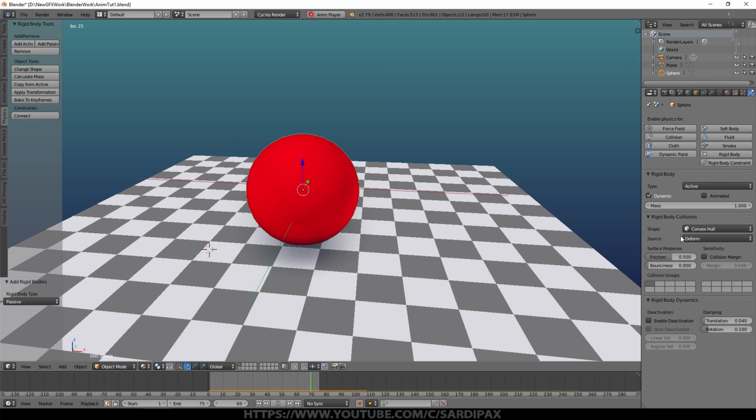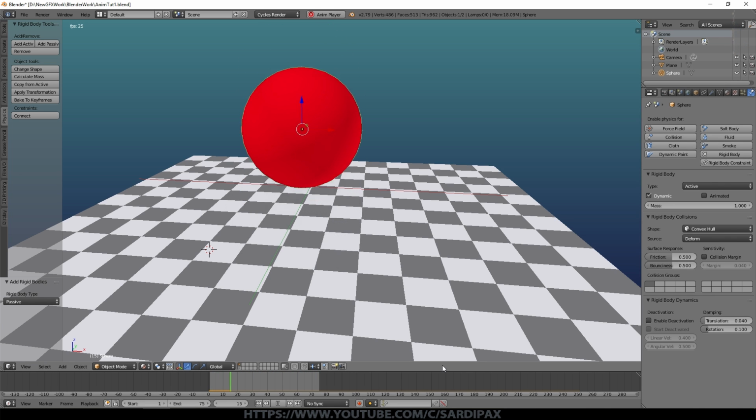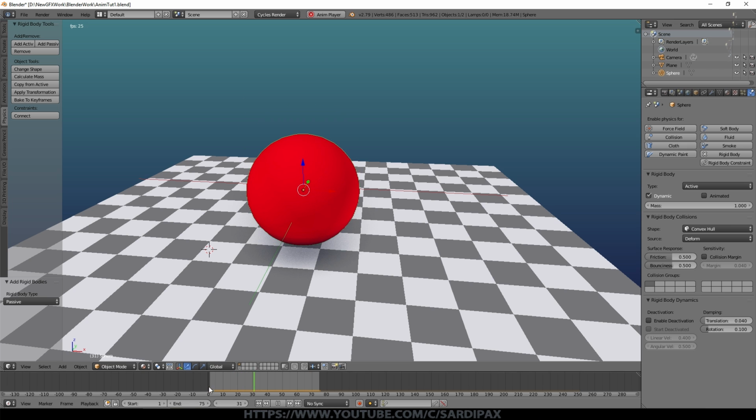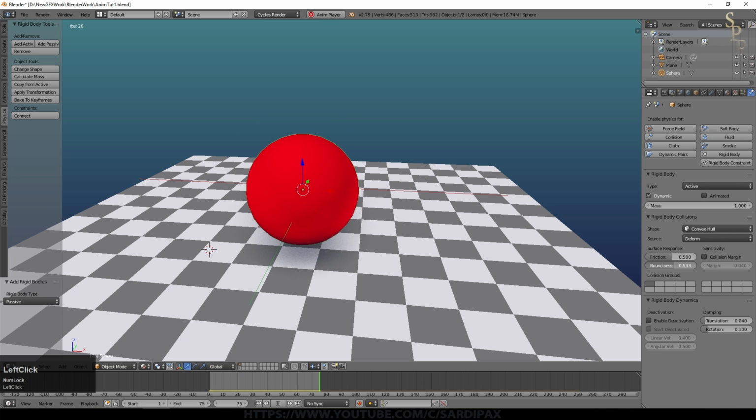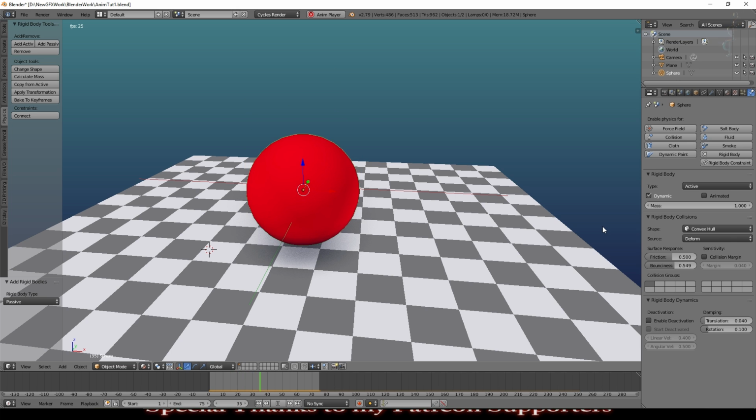By default, it selects convex hull, and I'll talk a bit more about those in a moment. But you notice we've got an option down here called bounciness, and clearly that's set to 0 at the moment. So let's try 0.5, and it'll cycle round again. And one other little thing you may have noticed is this orangey yellow line appearing down here. If I change any of the options, say turn bounciness up slightly, it disappears apart from a faint line and then reappears again as it scans through. That's basically a cache being built up so that Blender doesn't have to recalculate everything again. It's stored its calculations.